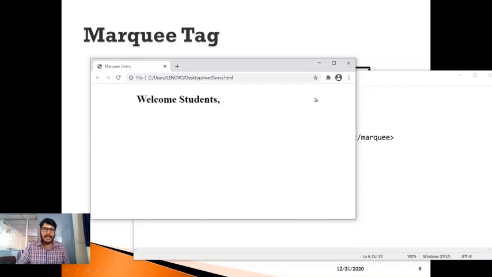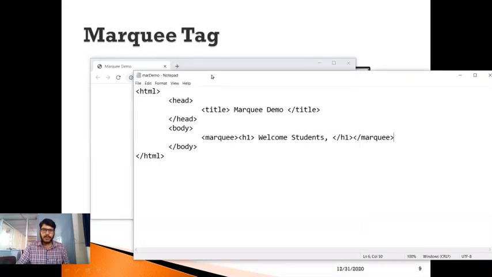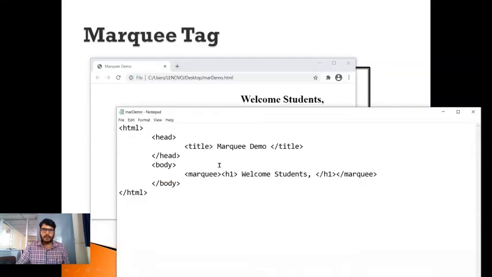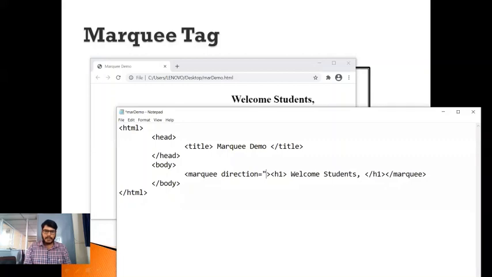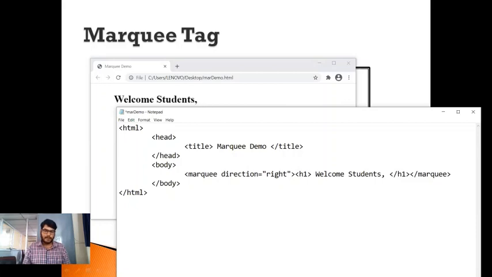And also we can change the direction by using the direction attribute along with the marquee tag. Let me do this. You can observe here what I will do. In the marquee tag, opening tag, let me give some space here. After this, what I need to do? I need to write direction attribute is equal to, within a quotation, I need to write the direction. So this is the value. Look at this, what I have written.